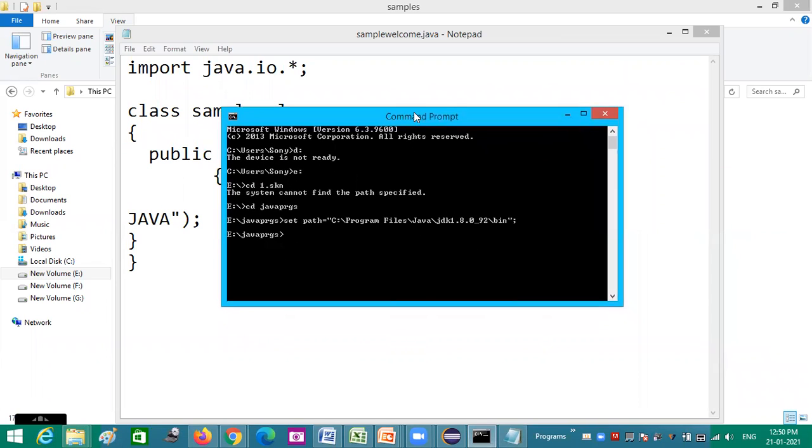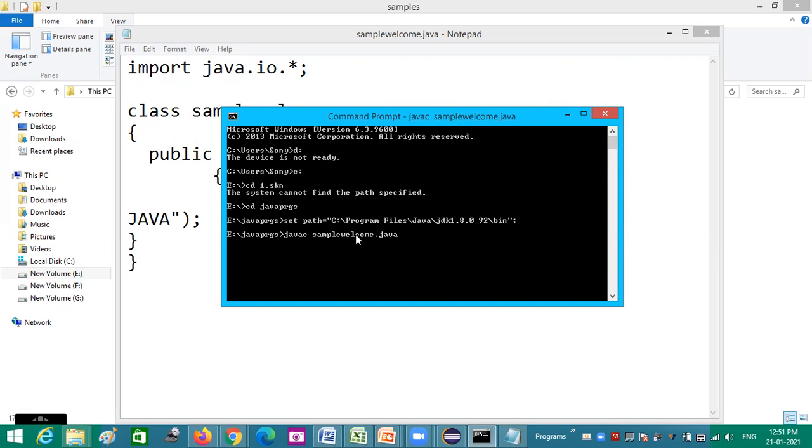Sample welcome. Okay. So my command is javac SampleWelcome.java. So this is the statement. I am pressing enter. It is taking time to compile. Maybe I have opened so many files. You could see here, so many things are opened, and even in the browser, so many tabs are opened. So my RAM is occupied, so it is struggling to work fast.